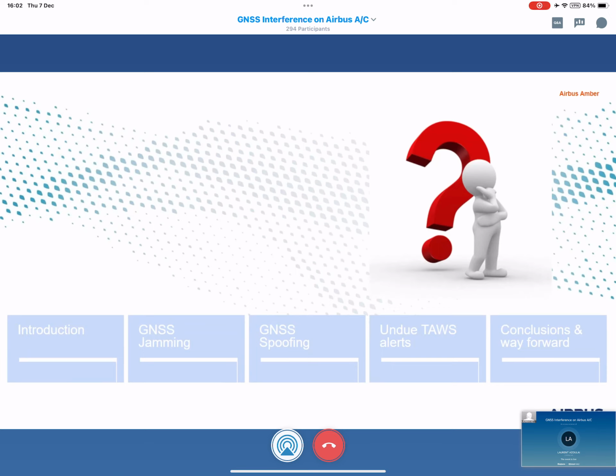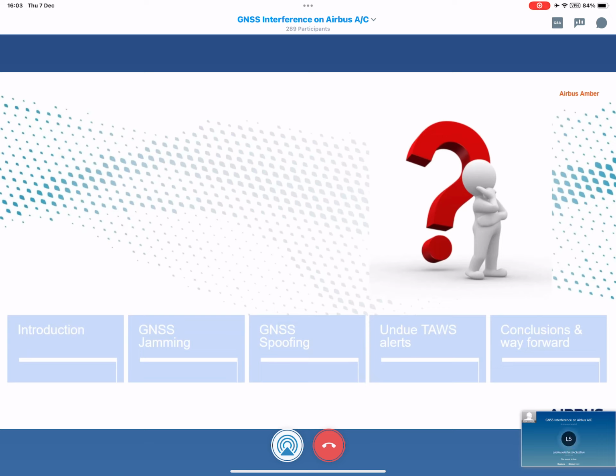Therefore, if SBAS is affected, it would affect the SLS function, for instance, or if GBAS is affected, it would affect the GLS function. It will also affect the GPS pure position, but then it would affect GPS data as well. And so the detection mechanism that we have shown earlier will be successful, as it would be detected by the ADIRS part. So far, we have not observed such events in the field. Thank you, Laurent.